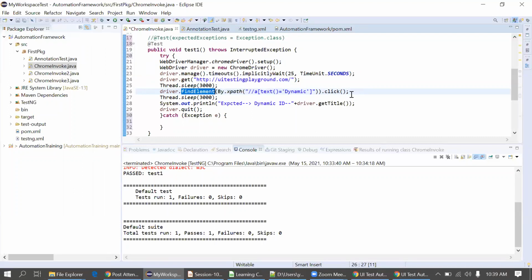If we're not handling the exception, we will not be able to see in the report what actually happened at runtime. That's why we have to handle the exception. That's the intention. Sir, here we use the throws keyword to handle the exception here. Yes. Okay, sir, I got it. Thank you, sir.